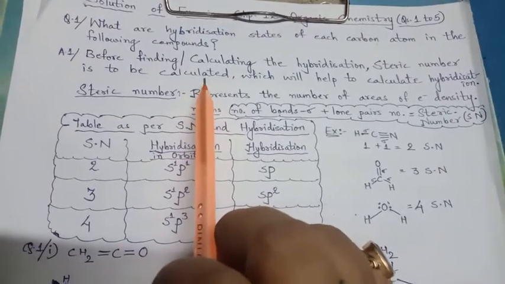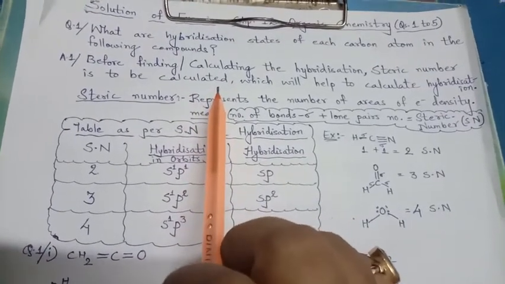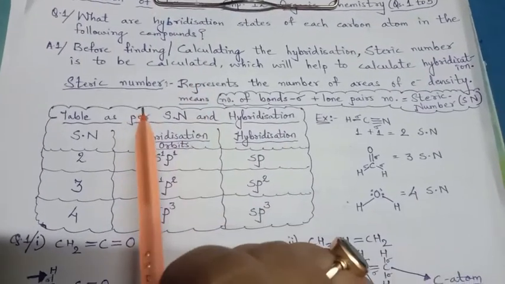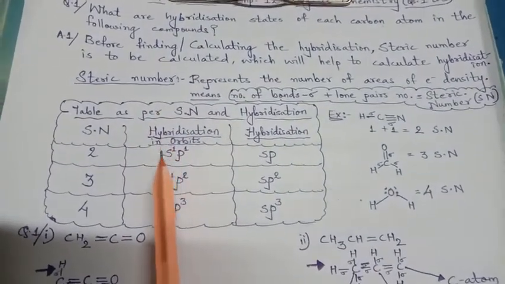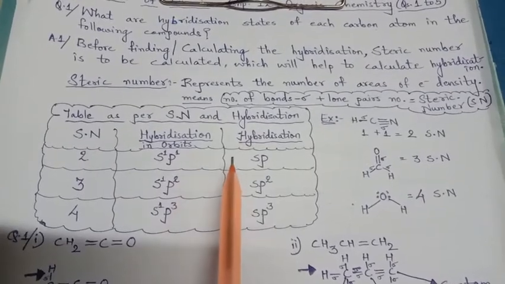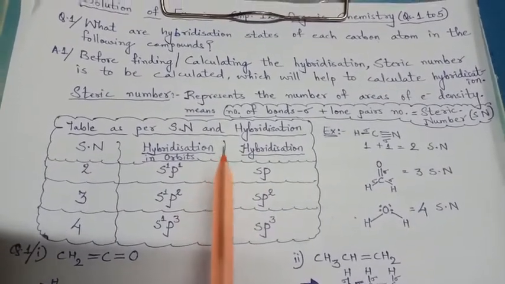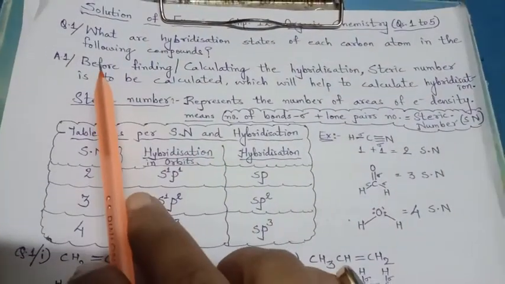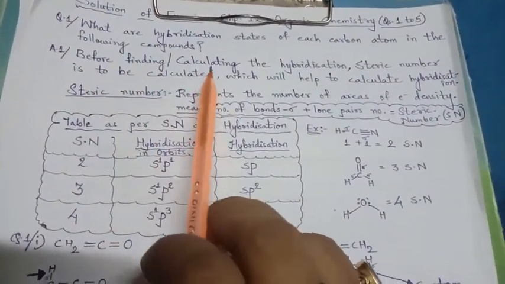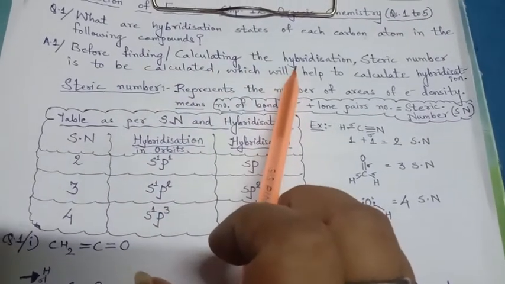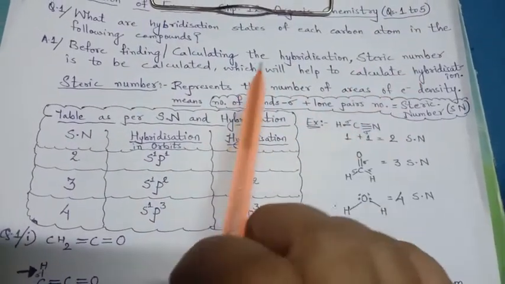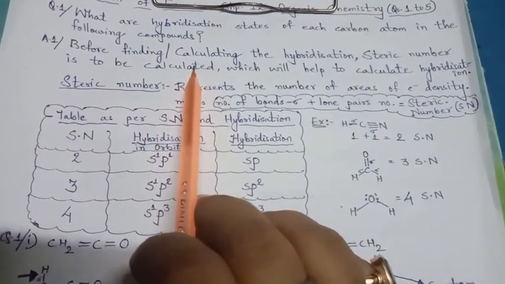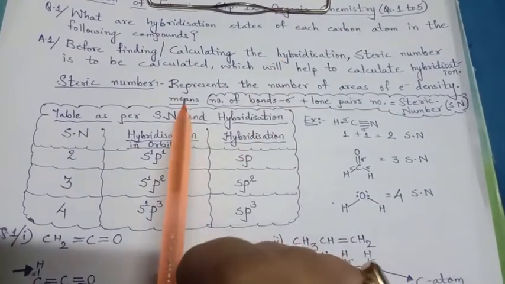Here also, once again, I will help you with one more formula. Please keep all these formulas in your mind, because from a calculation point of view it is very simple and will be helpful for you when you are applying for competitive exams. Before calculating hybridization, we need to calculate the steric number, because it will help us get the hybridization, right?